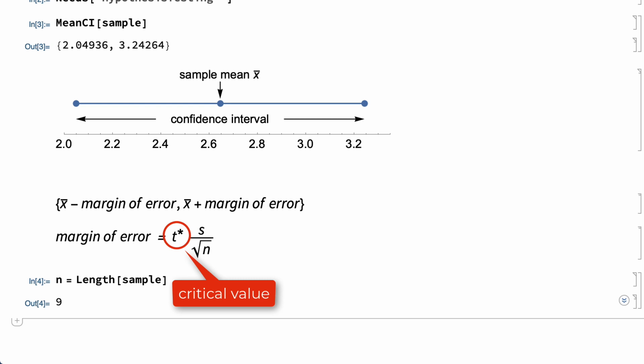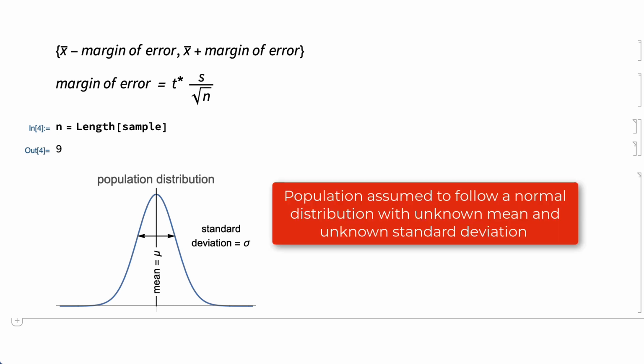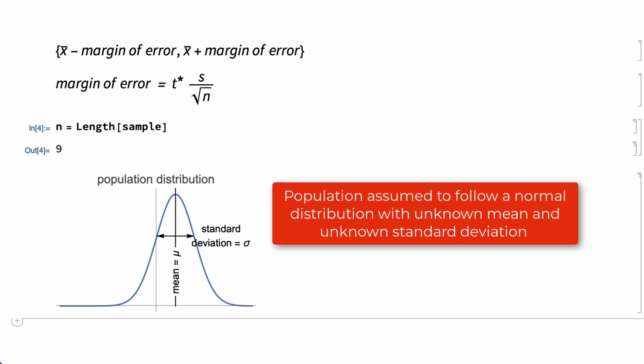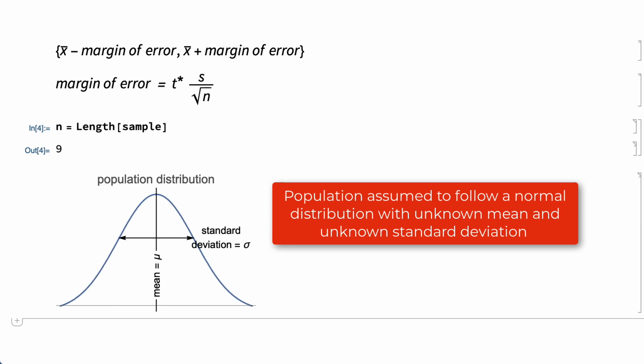The meaning of t star can be understood by considering the sampling distribution that is used in working out the confidence interval. The confidence interval considered here is a confidence interval for the population mean of a population which is assumed to follow a distribution called the normal distribution, and where both the mean and the standard deviation of that distribution are unknown. The normal distribution is the distribution with the familiar bell curve shape shown in this plot. The mean gives the location of the middle of the distribution, and the standard deviation gives the width or variability